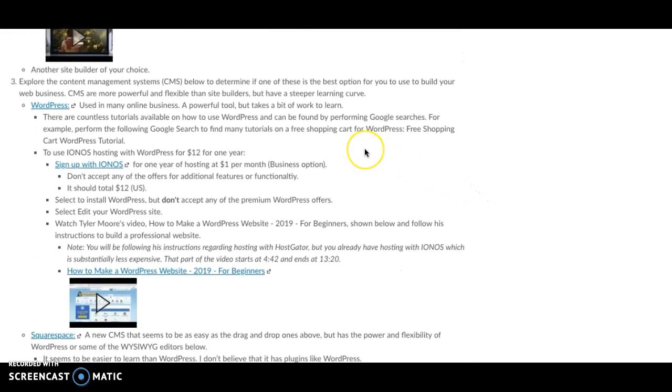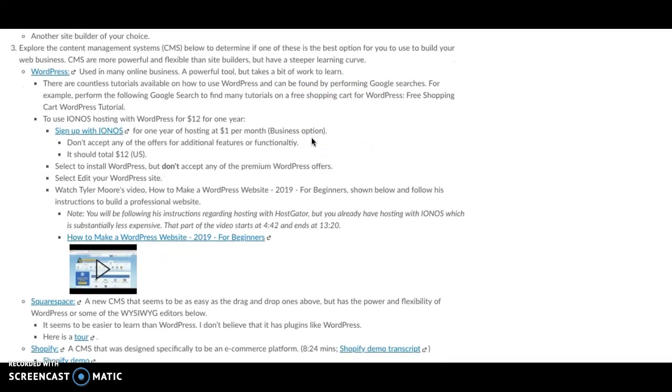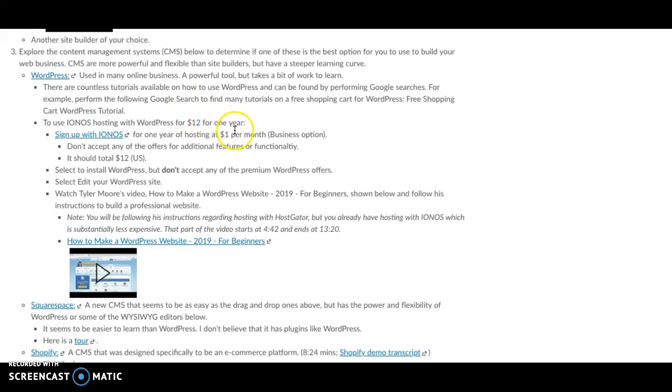The next type is a content management system. This is going to give you a little bit more flexibility, a little bit more dynamic. Templates are available, and you've got a few more options to do some fun things with the site. However, it does require a bit of coding knowledge. It's a bridge between a drag and drop builder and a full-on hard-coded website. So consider whether this is an option for you. I think Squarespace is an up-and-coming option in this area. WordPress is the established